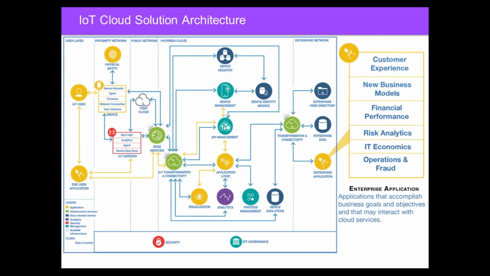Next slide. Enterprise applications, this can be any number of applications, from your accounting system to, we're showing, operations and fraud. If we're talking about an insurance application, it may be their claim system. So if we detected, for instance, water in your house with a particular sensor, maybe we want to kick off a claims process. Or if you think about it in your car where they have sensors that detected you've had an accident and airbags deployed, they can kick off, again, a claims process there as well.